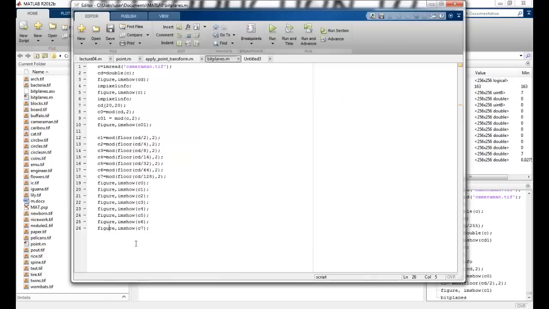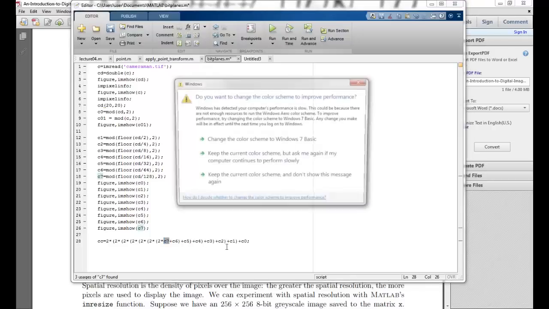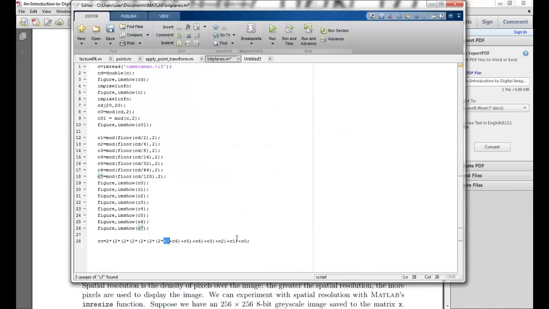Now we can recreate this image again. I can get a combined image by saying that I just multiply the MSB plane by a factor of 2, and then add it to C6, then again multiply it by 2. So I'm again doing the opposite shift. So I'm going in this direction, I'm adding the bits according to the significance, and then I am now adding the last bit here. So once I have this, I can say imshow CC, run it.